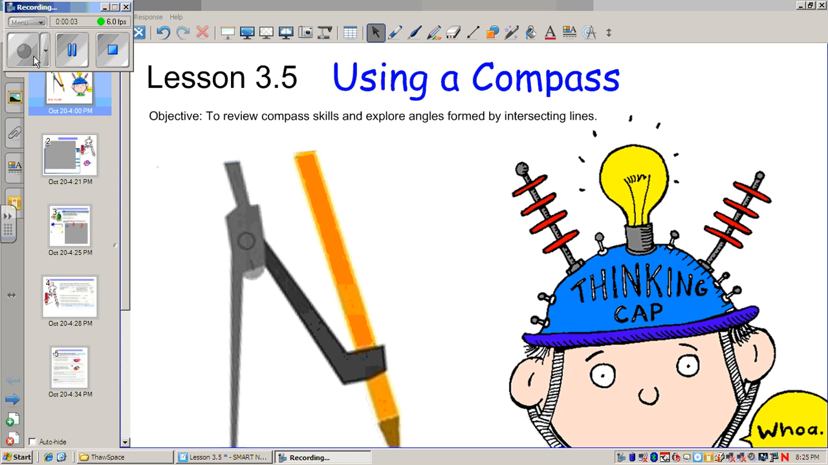Welcome to lesson 3.5. 3.5 is on using a compass. Our objective is to review compass skills and explore angles formed by intersecting lines. So let's get started. One thing I want to point out on my compass here on the first page is